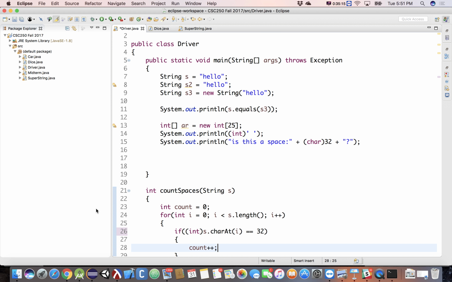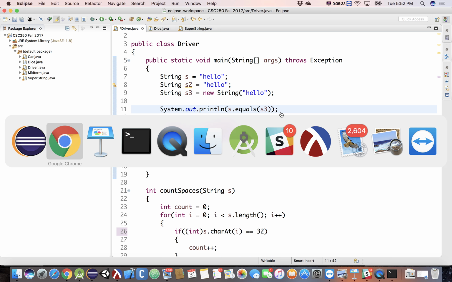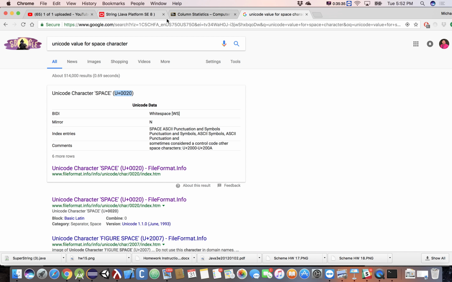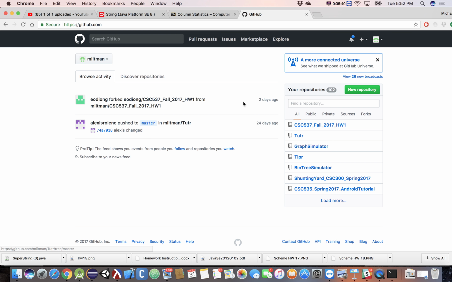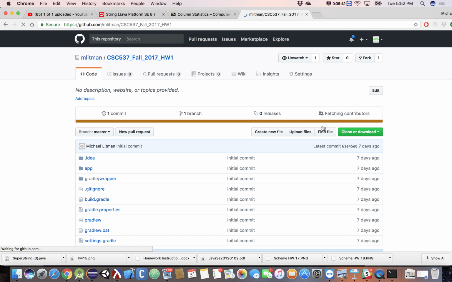So I'm actually going to, well, actually, am I going to be able to do that? I don't think I can make a fork of my own repository. Well, that's okay. I can still do it. I'll just pretend like I'd already hit the fork button. Okay, so I'm one of you. So we went up here to GitHub. All right, here's that homework assignment that I put up last time. All right, so I wanted you to